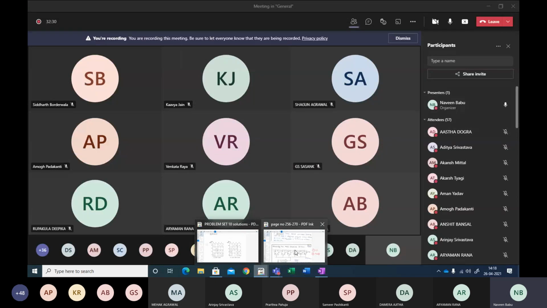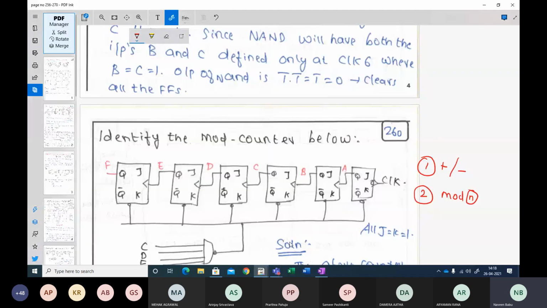Okay, fine. So what are the outputs here? First, what is the maximum mod counting that you can do? A, B, C, D, E, F. So it is still F. Maximum counting that you can do is